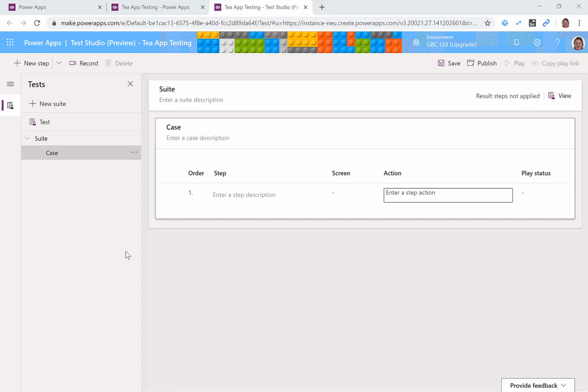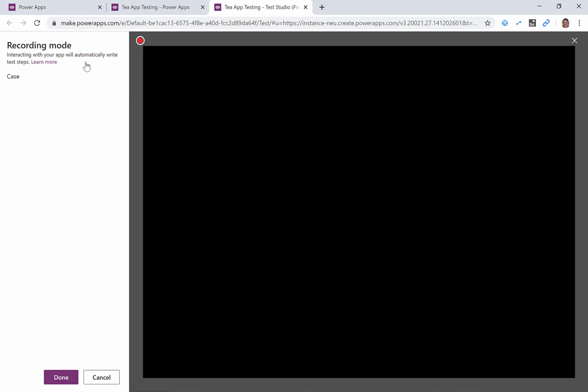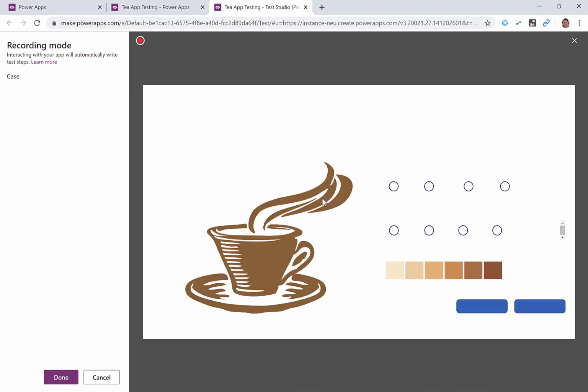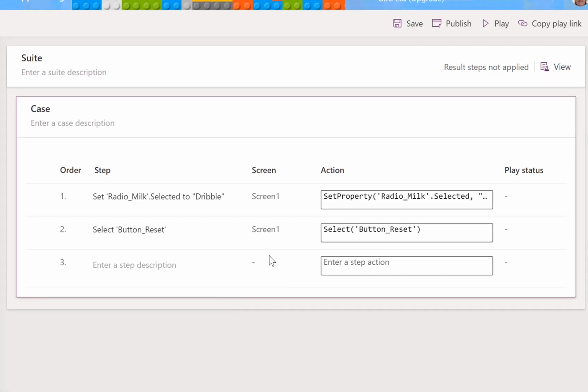So rather than having to write these steps, which you could do, we're going to record. So we click record at the top here. And this test is going to be really simple. We're going to pick a milk value, so just a dribble of milk, and then we're going to click the reset button. Okay, that's our test done. So there we are, it's written my two properties. So it's set a property, it's selected a button, and then we want to